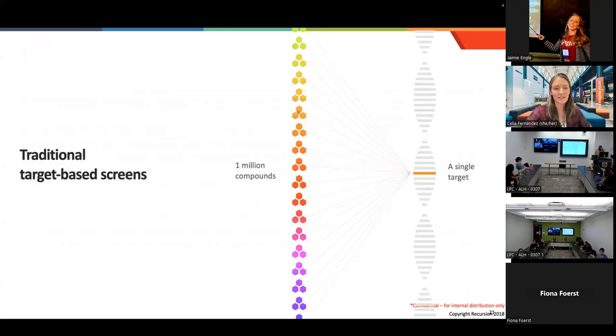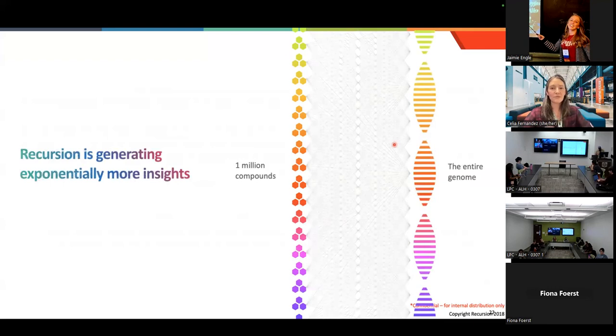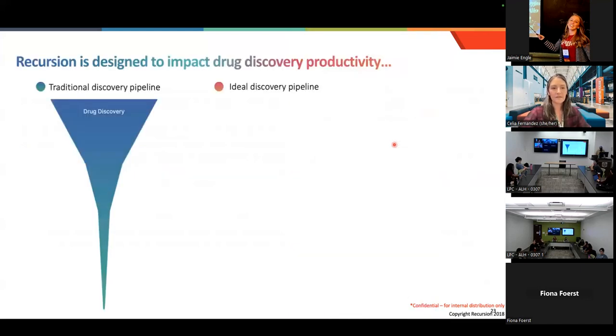So this is just an illustration, a traditional target-based screen where you start with a single target and you screen 1 million compounds, right? But you're still only going after one gene or one gene product. So we want to know, how can you do both at the same time? So how can you do that kind of genetic screen, but also at the same time do a big compound screen? And how can you do it in a cell type specific way? Because what you find in like an endothelial cell might not be applicable to a microglial cell or an astrocyte or a neuron.